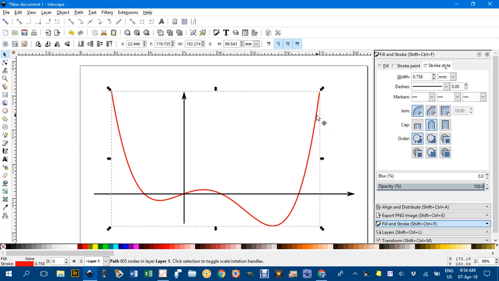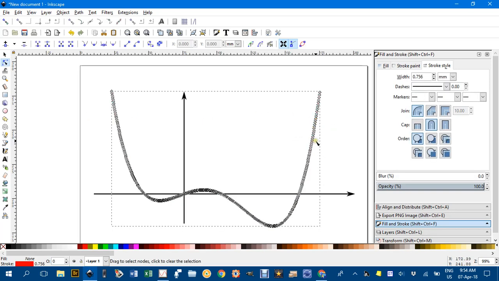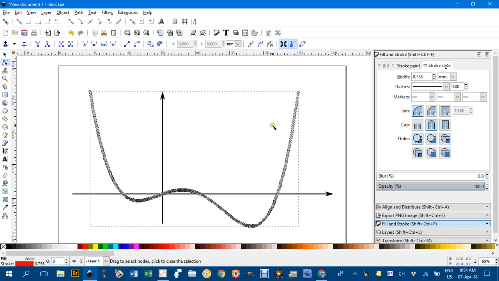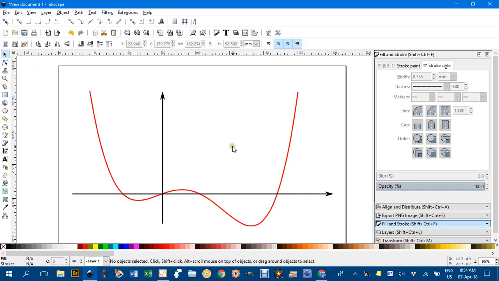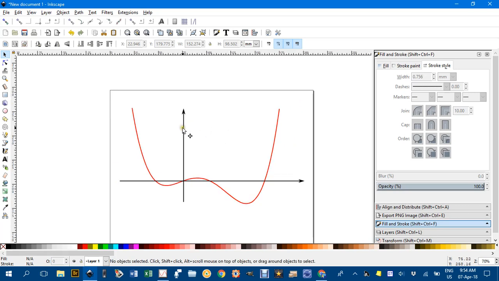I click on it and click N for the node tool. You can see it's 1,000 points. That's okay, you can leave it like that, it's not too bad. But if you wanted to simplify it, Control L, just keep an eye on the shape of the graph. You don't want that to change. And it looks pretty good, and that's a lot simplified. So there's a nice, neat, simple, low memory graph obtained using Graphe, but dropped into Inkscape, where we've got now